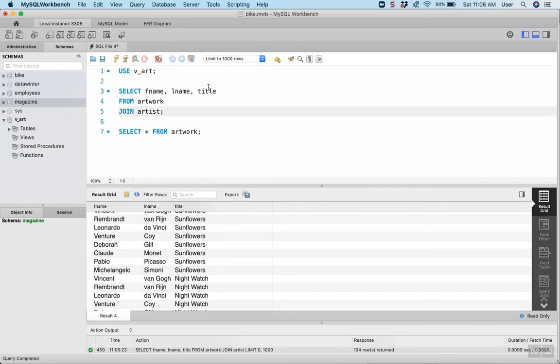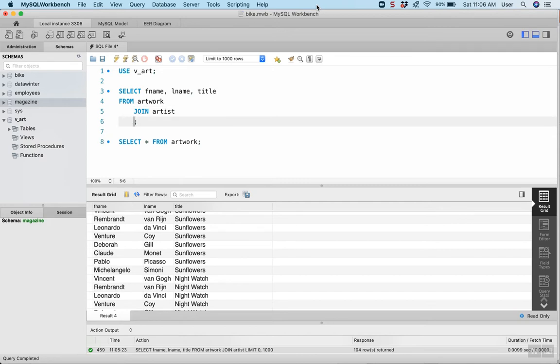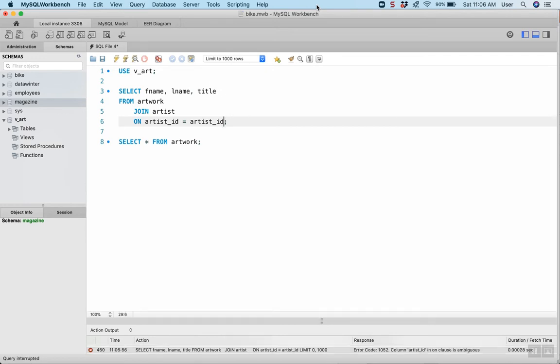And I'm going to bring this down, even though it doesn't really matter, just indent it like that, just in case I got more joins later, it will make a little more sense. And then I can add the on clause that we're talking about here, and we will put artist ID equals artist ID, meaning our artist ID of one table is the condition that relates to the artist ID of the other table. But if we try to run this now, it's going to give us an error down here, and